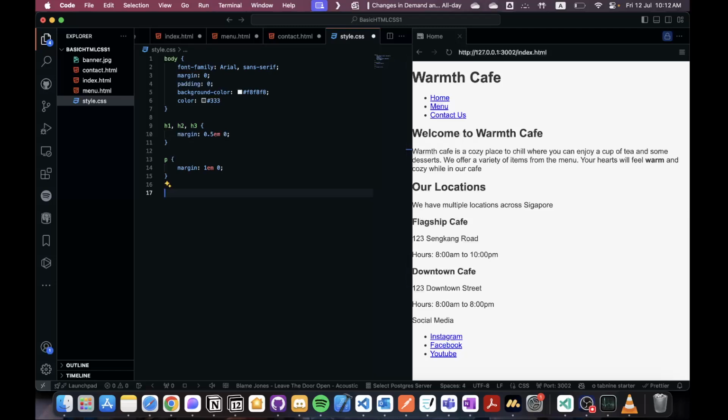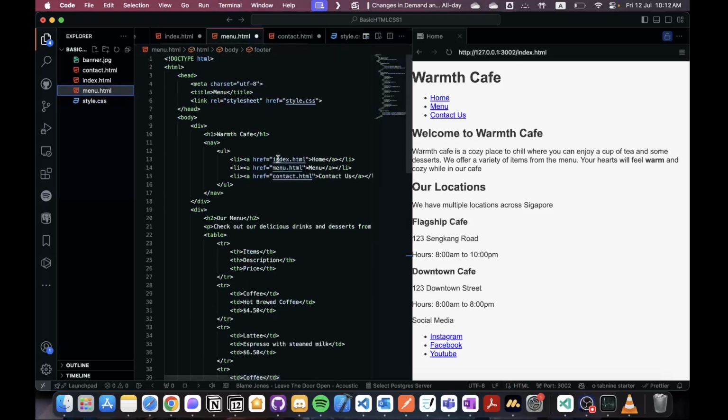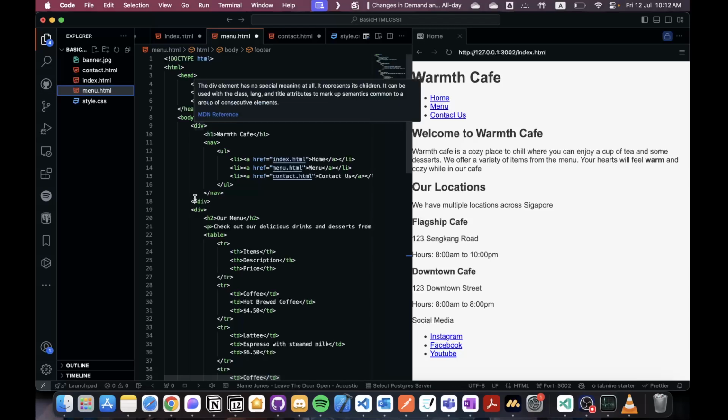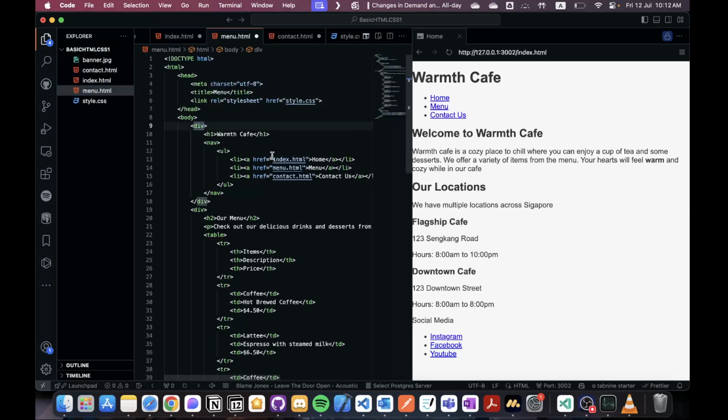Okay, so now we want to style specific containers, so we want our header to look different and our footer to look different. How do we do that? As you can see, we have created containers here. So we're going to go through each container, and we're going to add a class. So the class, it's header. Basically what class does is it groups up